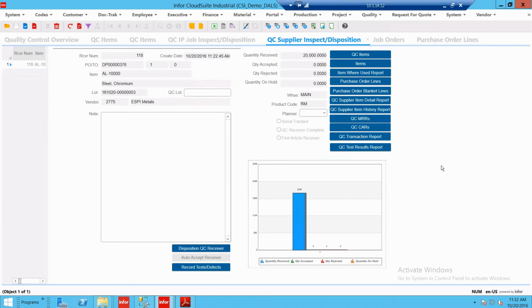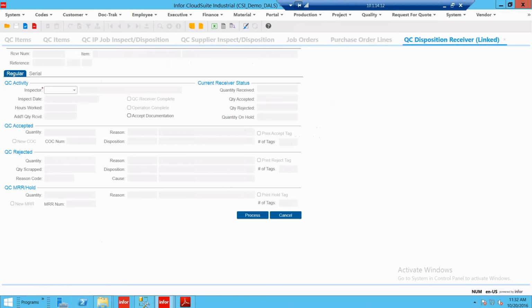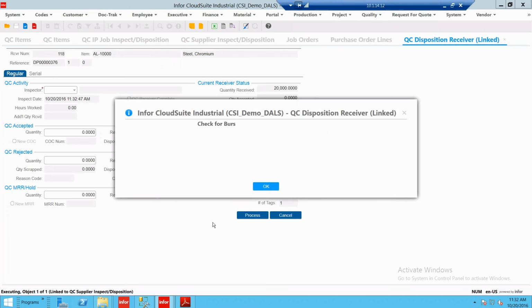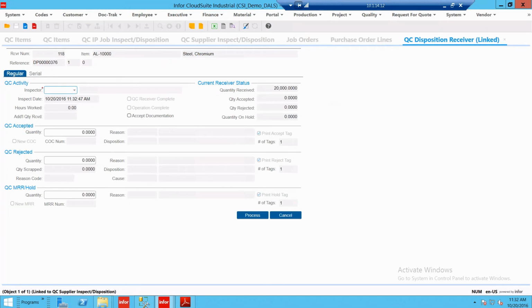I'm going to close out of this screen, and now because I have some parameters set a certain way, it required that I do test results, but now that's done, I can do what's called disposition the material. So when I click this button, again that message shows up, and a different inspector, maybe a material handler now, comes in and says, yep, all 20,000 of this material is good, and this is where you can do things like say, I'm going to disposition this as